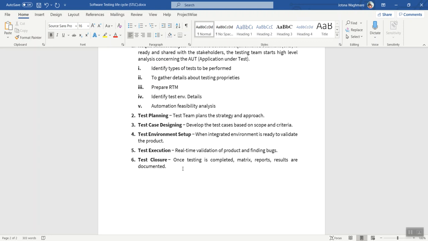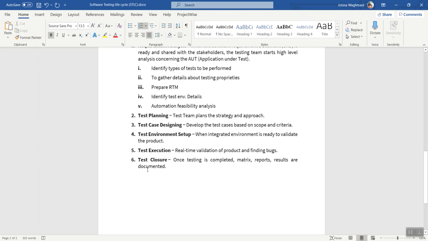If automation testing is done, then script execution, test script maintenance and bug reporting is done here. If bugs are reported, they are sent back to the development team for correction, and retesting will be performed based on that. So this comes under test case execution: real-time validation of the product and finding bugs.